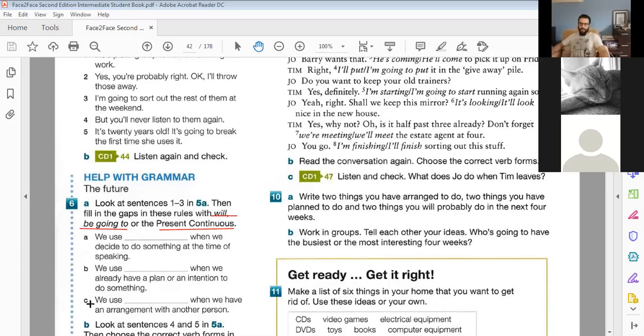So let's read the 3 rules. Can you read them, Brian, for us, please? Okay. We use something when we decide to do something at the time of speaking. Okay. All right. Let's check the other 2, and then I'll give you some time to decide from the examples. Okay, what about the second one? We use something when we already have a plan or an intention to do something. Okay. We use something when we have an agreement, an arrangement,